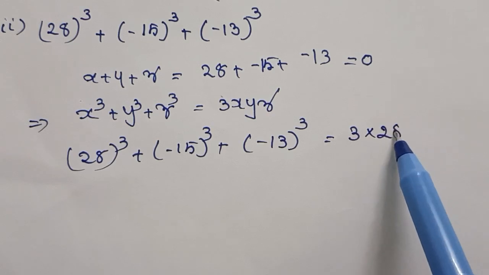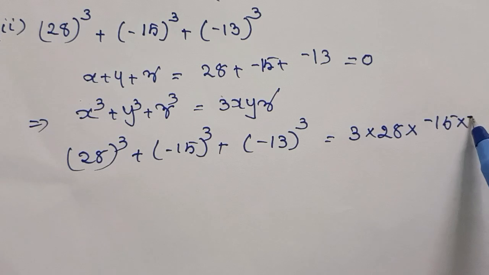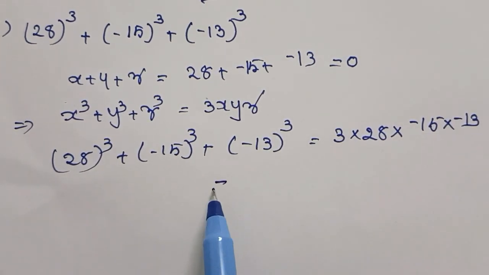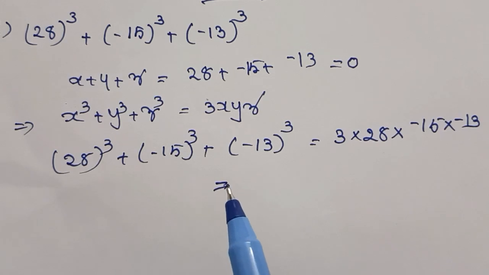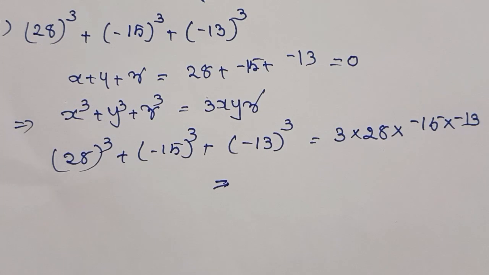X is 28 into y minus 15 into z minus 13 into minus 13. Now after multiplication we get this is equal to 3 into 28 into 50 minus 15 into minus 30. Minus into minus, minus into minus equal to plus. Therefore, it will become plus